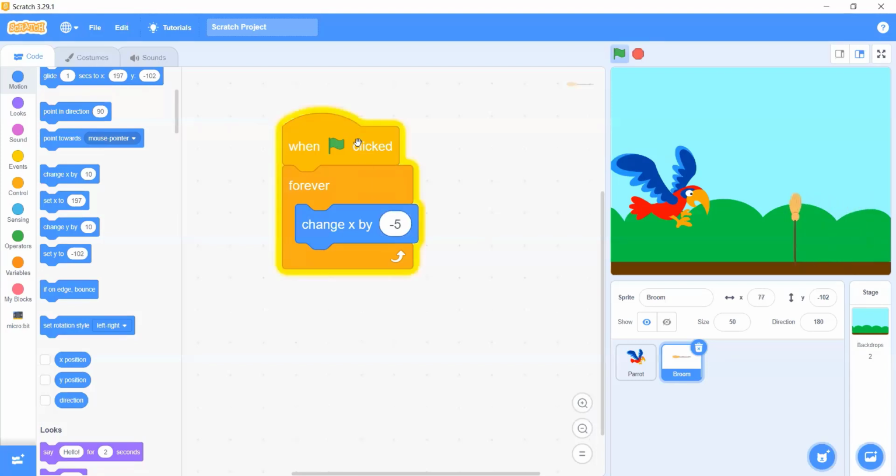So when I click on green flag, can we see that our broom is moving to the left side corner of the screen? But mind you, when it gets to that corner, it's no more moving. Okay, and it's very simple. What we are going to do now is